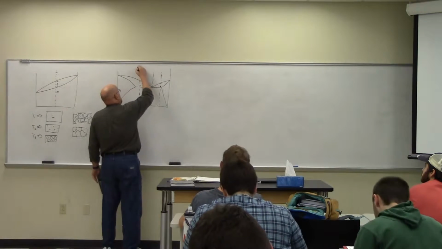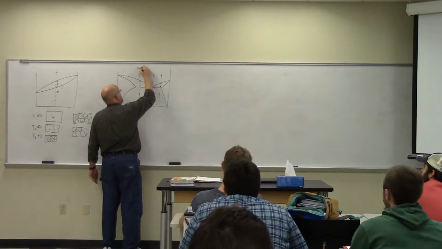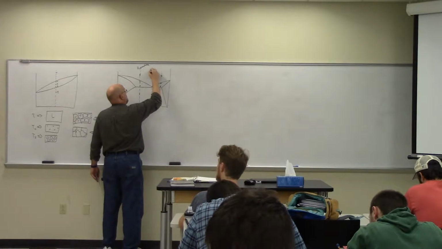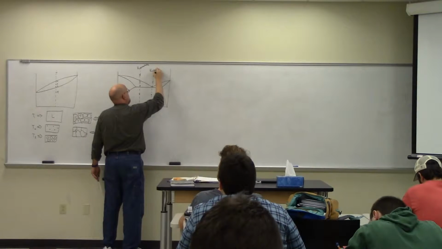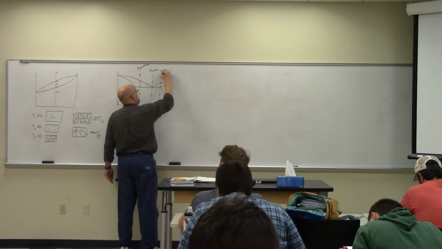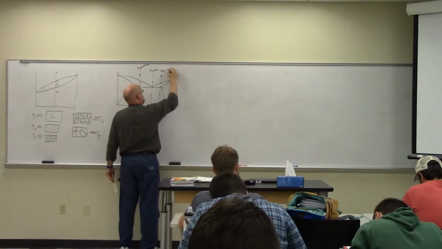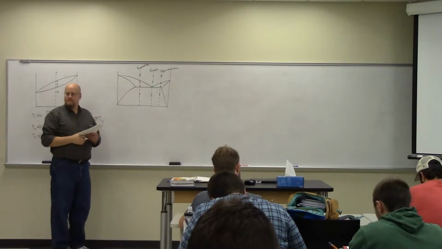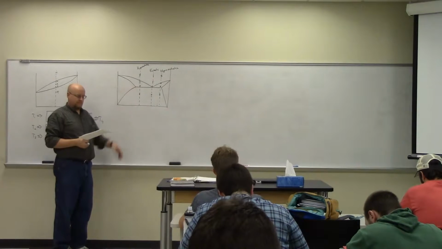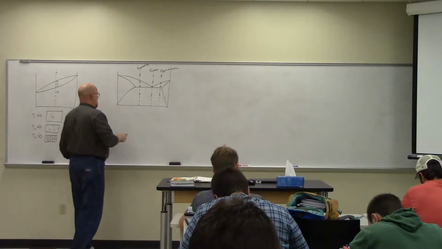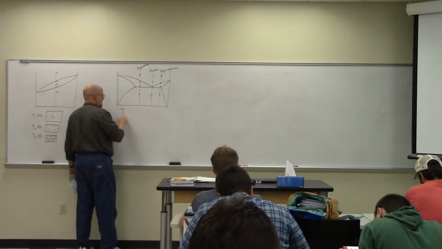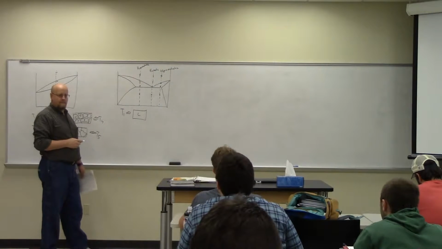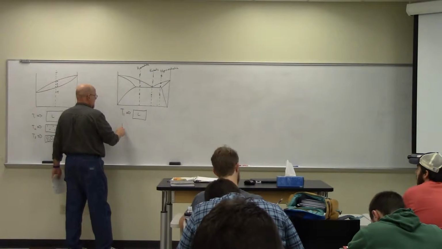Okay. This would be a hypoeutectic. This is eutectic. And this is hypereutectic. Hypo below, hyper above. So at T1, they all look the same, eventually. At T2,